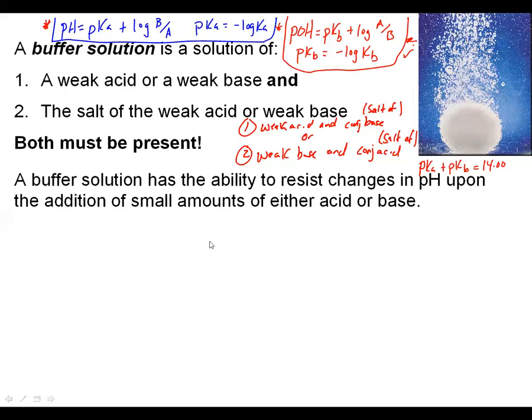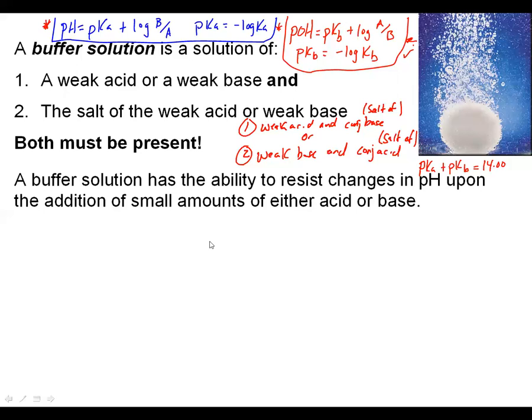What sometimes people mess up on when they think about buffers is they think of buffers as being a neutral solution. They sometimes think buffer, oh, that is a neutral solution. And it's really not. You could make a buffer that is neutral with a pH of 7. You could also make a buffer that has a pH of 4. You can make a buffer that has a pH of 8. A buffer is a solution that, whatever pH it starts at,